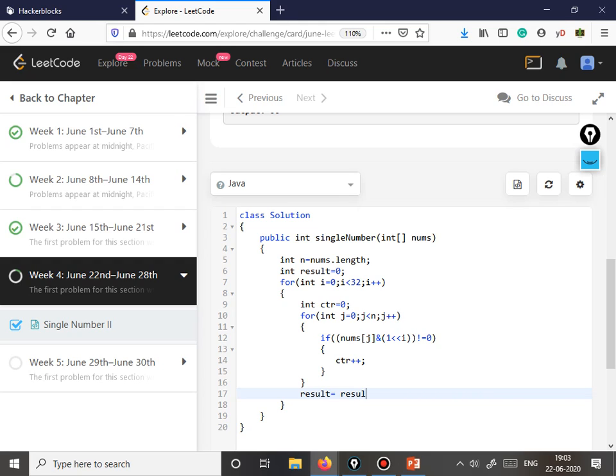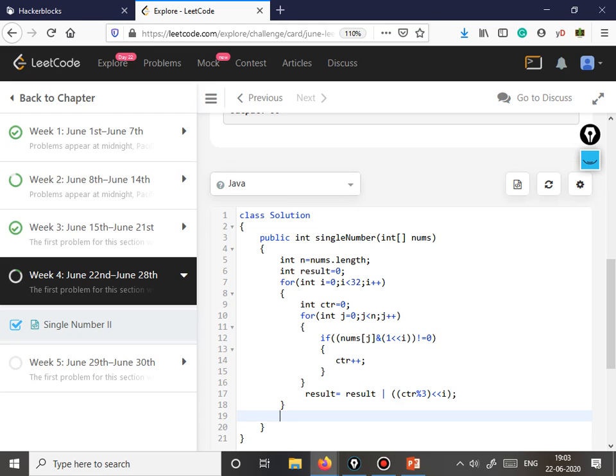Okay, so that would be result is equal to result or, and then what we need to do is ctr modulo 3, and this would be left shifted I times. So whatever the result would be, that would be left shifted I times, and then set in result. So I guess, okay, this has to be inside the loop only, because for every bit position we need to do this.